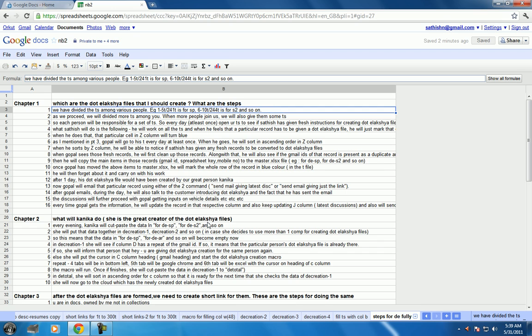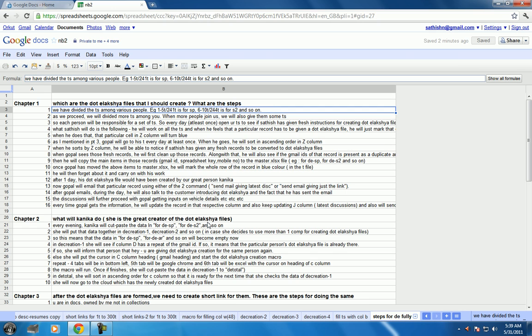Now one by one, we have divided the T's amongst various people. For example, today Govinda was asking, in my T there is no Chennai data, or there is all Chennai data only. There is nothing stopping me from giving you more data of other. In fact, if you want to take some other T, please go ahead and take it. If you want to take 71T, take 71T and take ownership of the T.